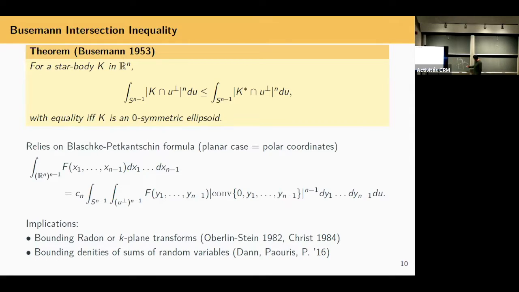So if I projected all my mass on this line and I look at the density, that's a big value. But if I project on the vertical line, I'll have a small value. And if I average, right? I won't pay the biggest price, right? On average, these are well controllable.